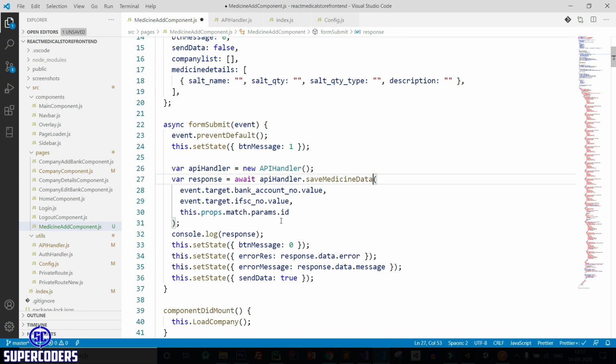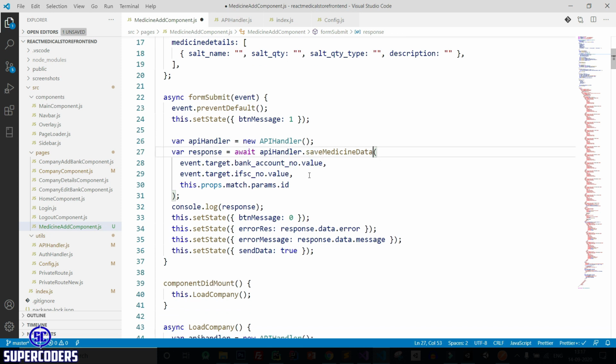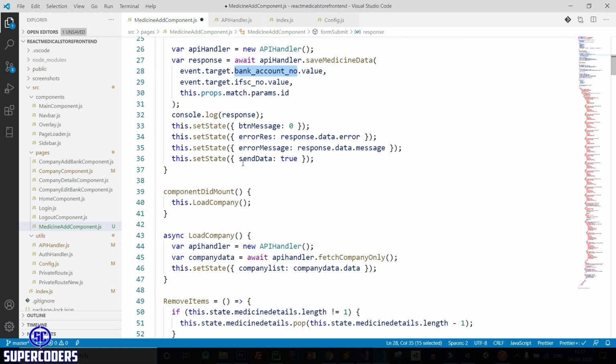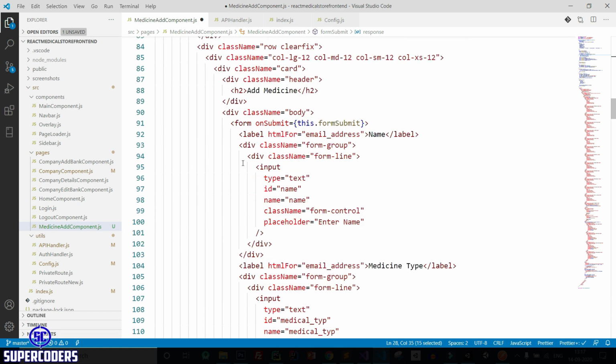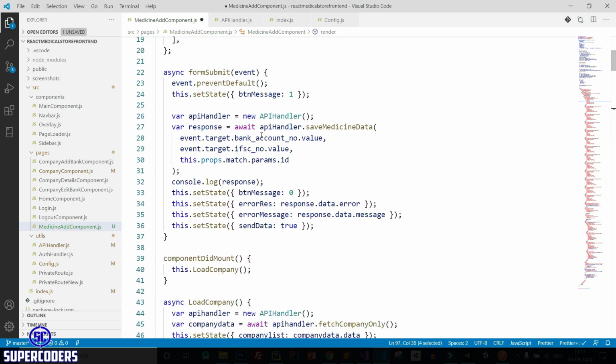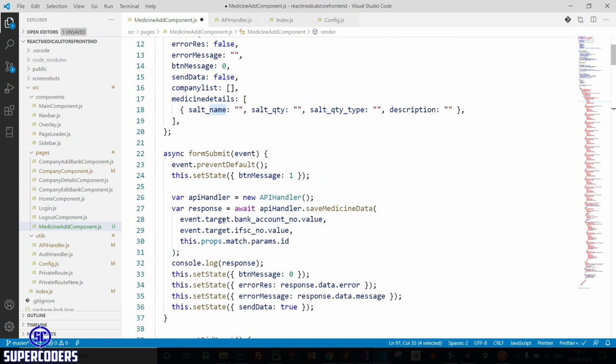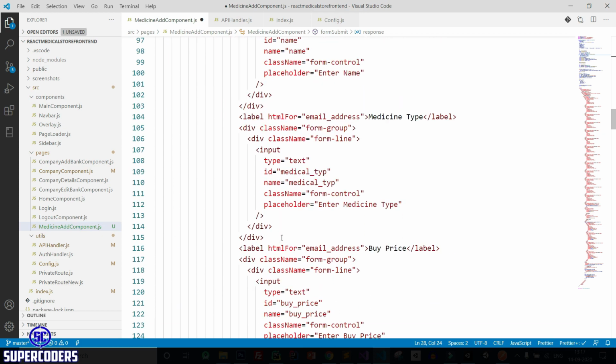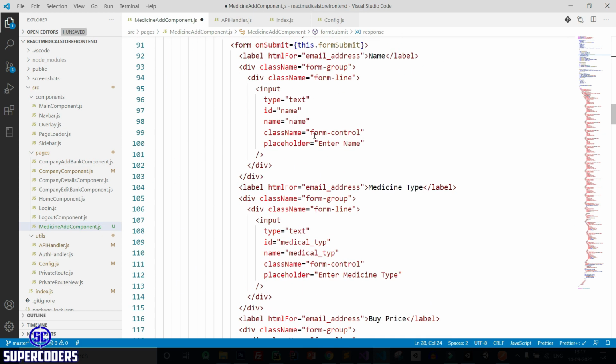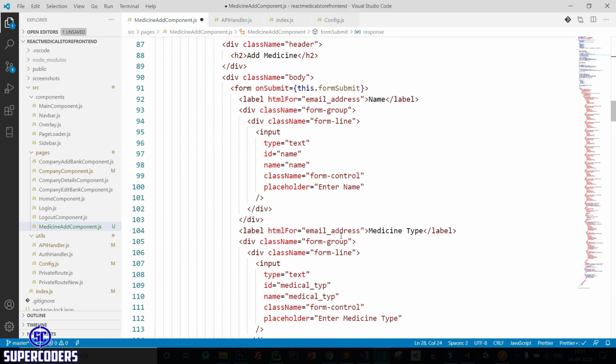So let's see. First is our name, then event.target.name.value, and second is our medical type.